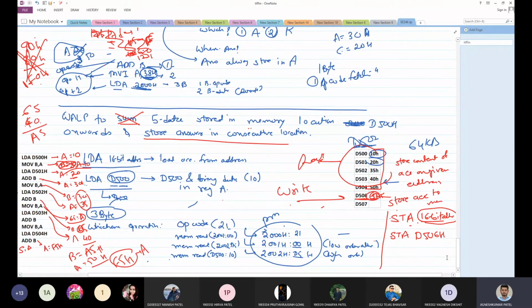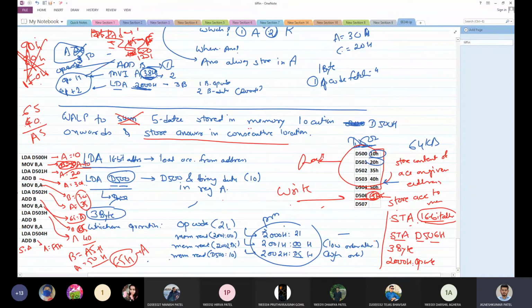Now let's discuss what operations are performed using STA. Again, this is a 3-byte instruction. You can see 1 byte for opcode, 2 bytes for these 2 data. How would this instruction be written? Let us have an example: at 2000H the opcode.